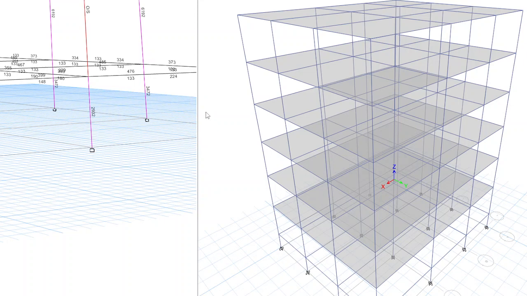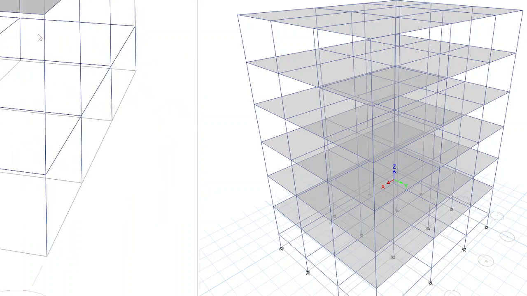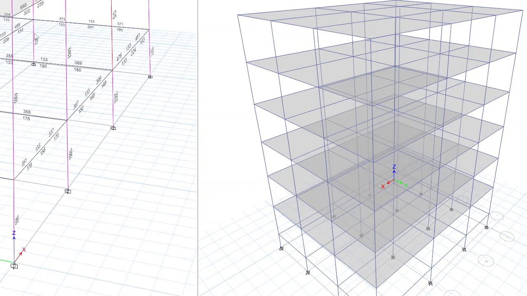There you can see for which member you are getting higher steel, either it is failing or you are getting higher steel. So based on that you can decide which one.